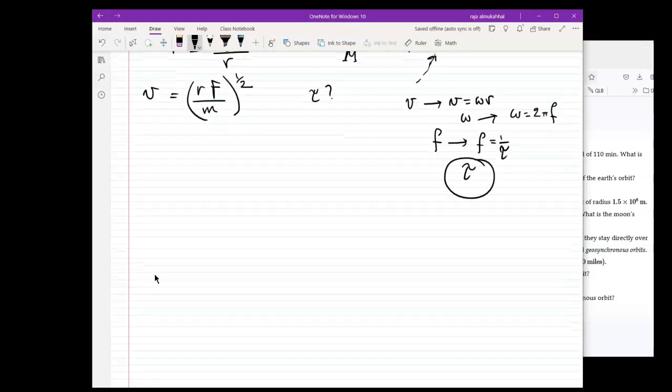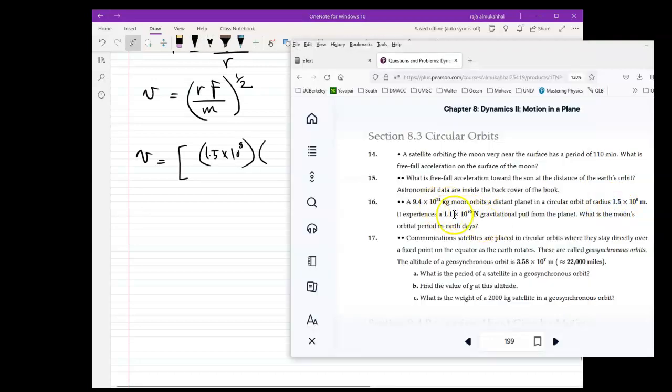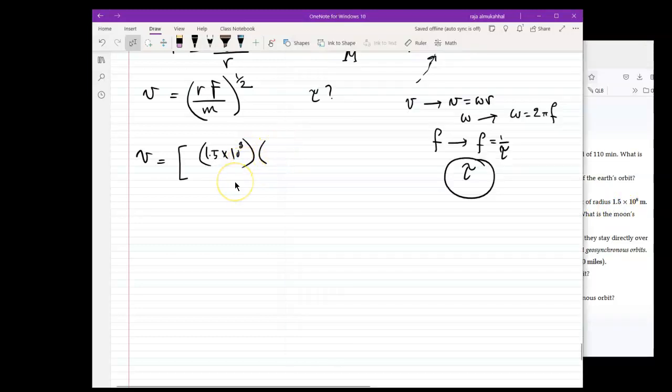So I have here the velocity V is equal to, R is given to us 1.5 times 10 to the 8 times the force, which is 1.119. All of that divided by the mass of the moon, which is 9.421. All of that to the power of 1/2, or the square root. And let's calculate that. Please calculate with me. So we have here,